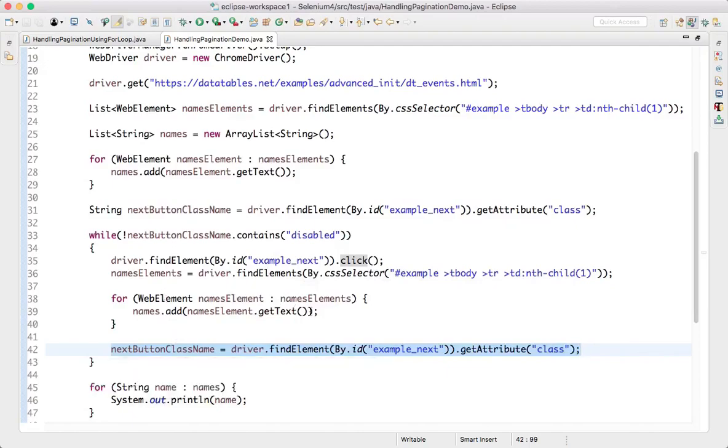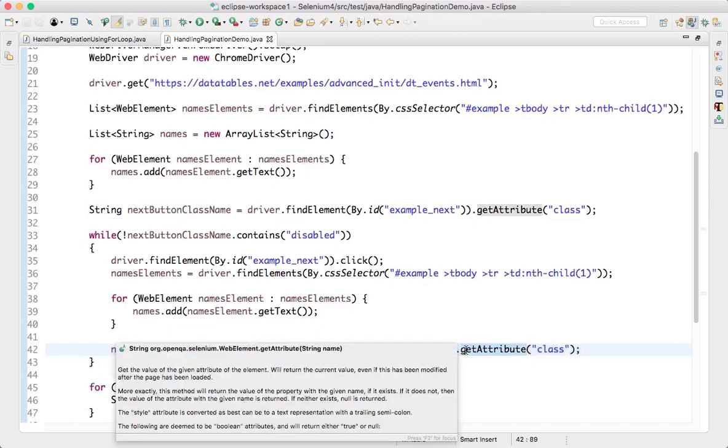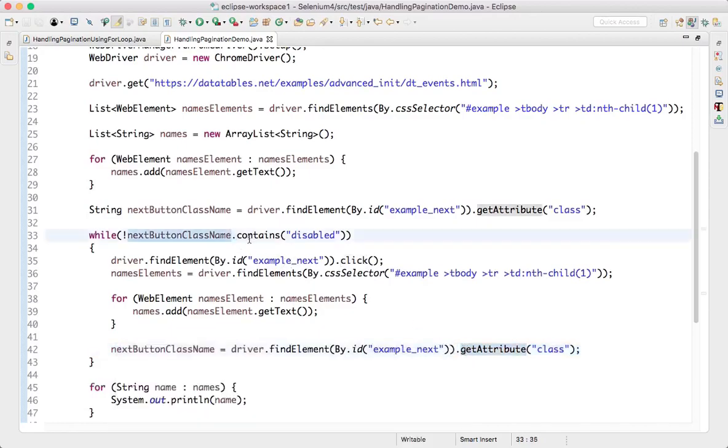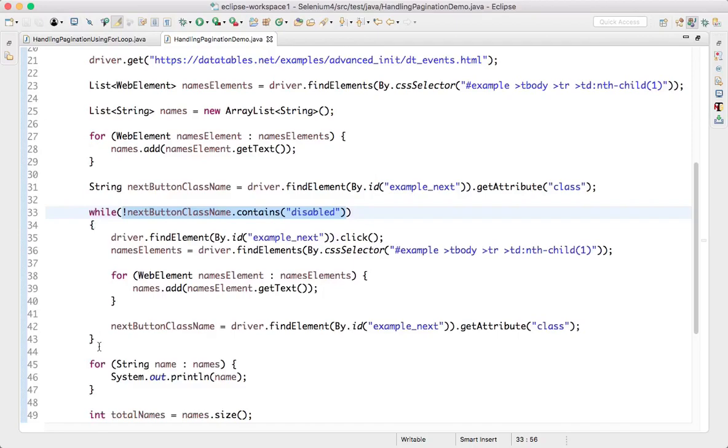So until you reach the last page. Once you reach the last page, again you get the class name. That time you will have disabled. So it is containing the disabled, and my while loop is becoming false. Once it is becoming false, it is coming out of the while loop. It keeps clicking on the next button until it reaches the last page. Once it reaches the last page, the class name is becoming disabled.